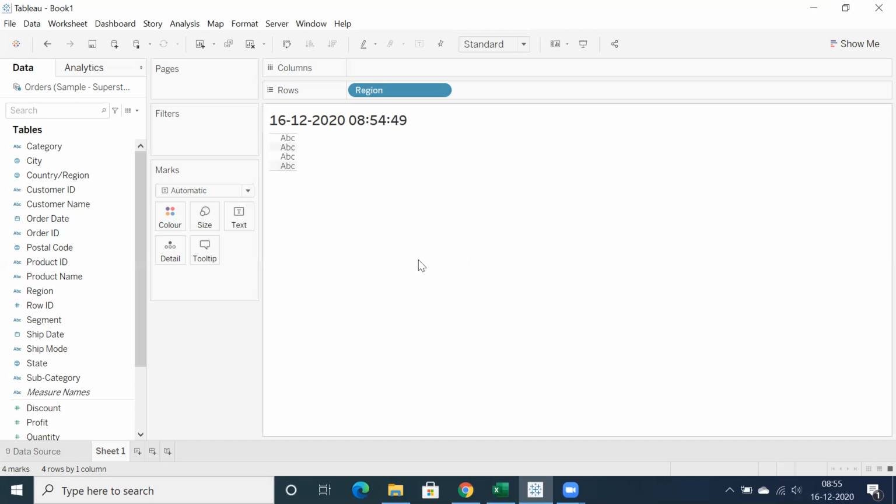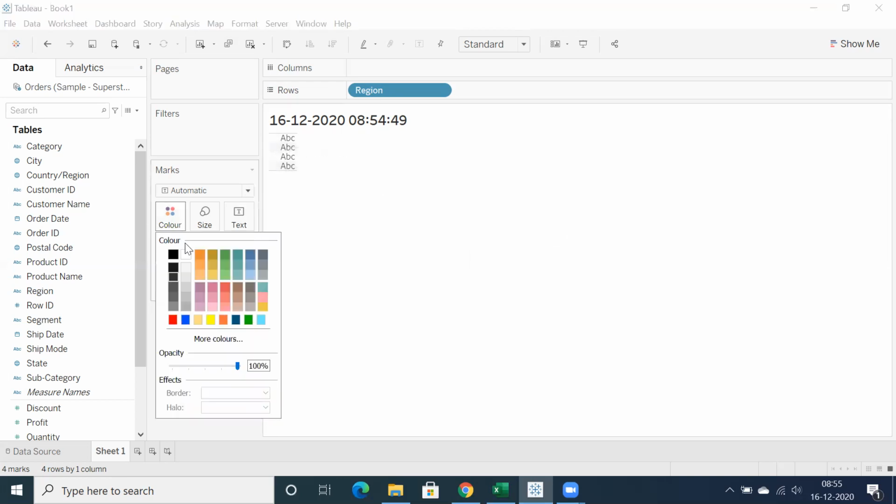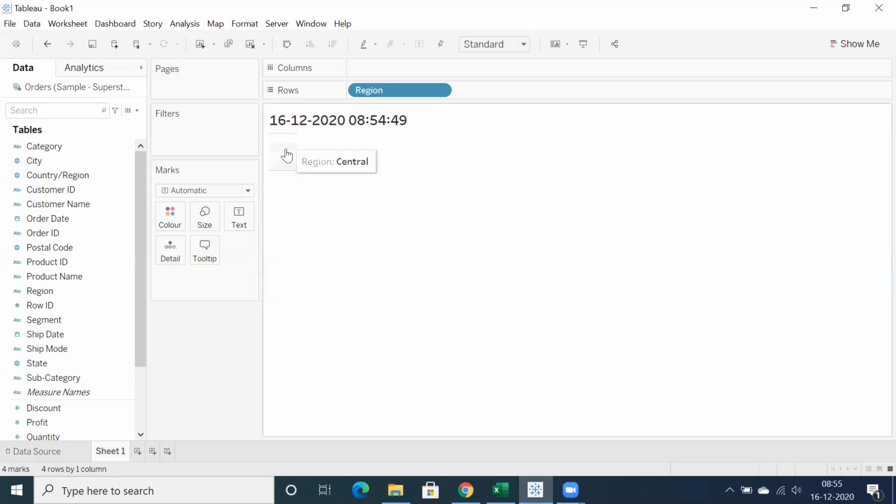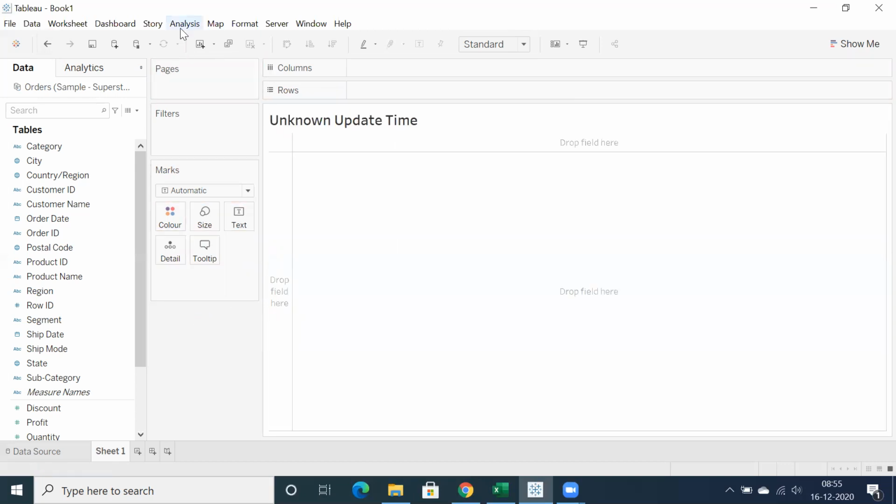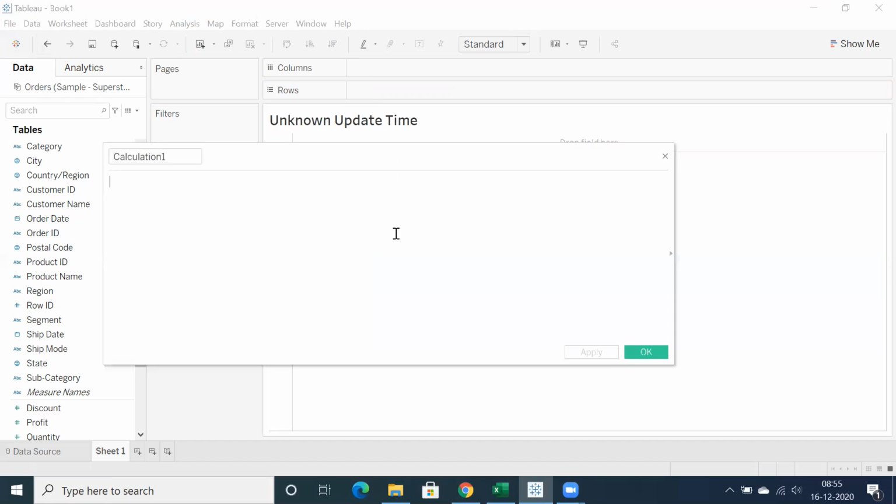Yeah, good. And I showed a dummy column, right? What I mean to say is, instead of this ABC, yes, you can apply some white color, but again, you need to do some formatting options. Instead of doing that, let's drop this region, and you can create a dummy calculation field. You can use double quotes. Don't use any space. If you want, you can use space. That's not an issue, but just to create a dummy field, okay?